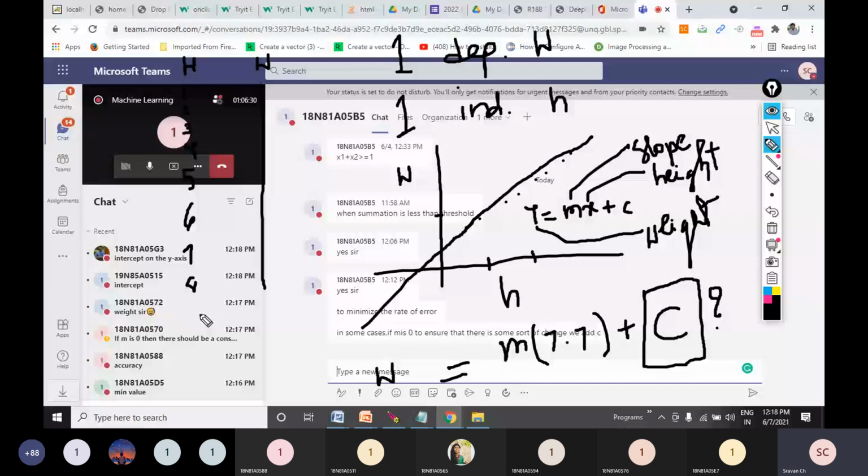Now people are responding. Many people are coming. B5, just note down the numbers of these students. I am very happy that you people have attempted, and all of you are correct. You may not have convinced me, but reasonably you are correct, and I'm happy for that. B5, just record these numbers: G3 515 72 70 88, D5 and B5 also. We will give them 25 out of 25 in mid exam, right? B5, are you there?